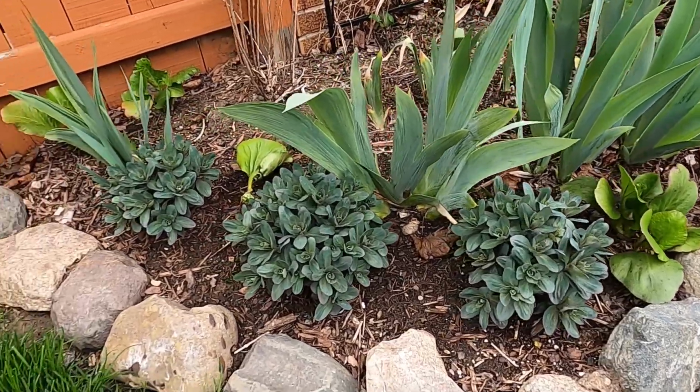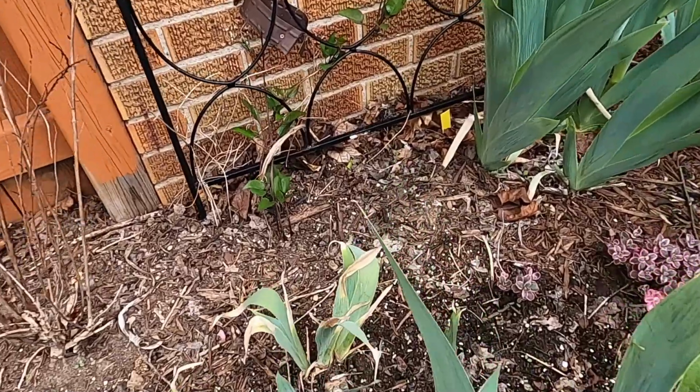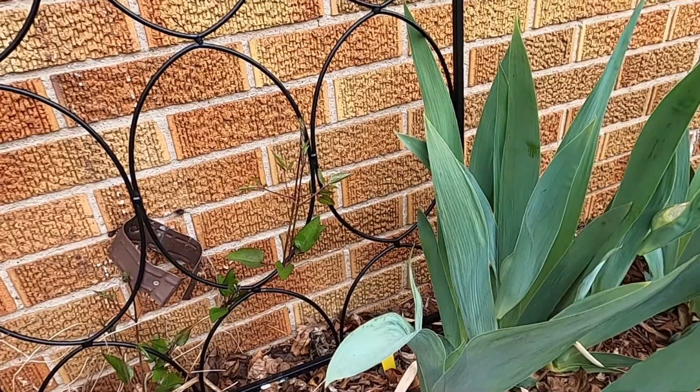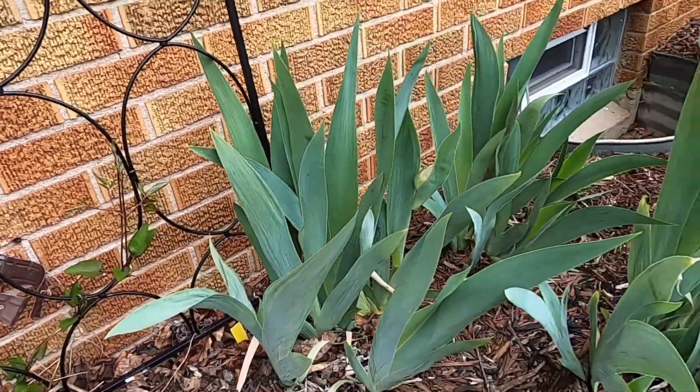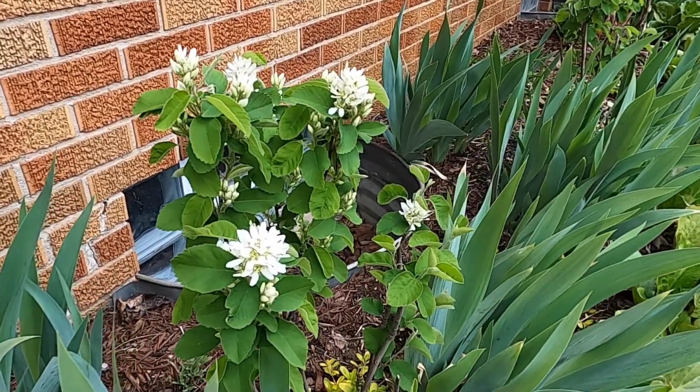And the sedums are really mounding out here. And this clematis is getting large and beginning to vine its way up the trellis. And then look at the service berries, they're blooming. Oh,